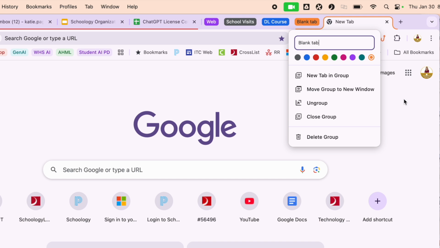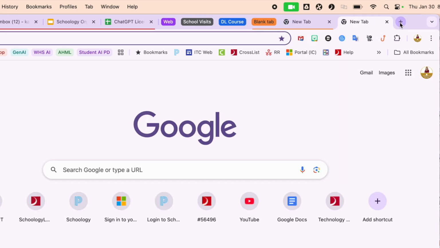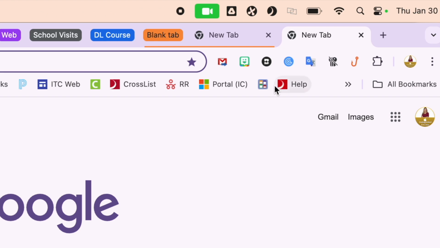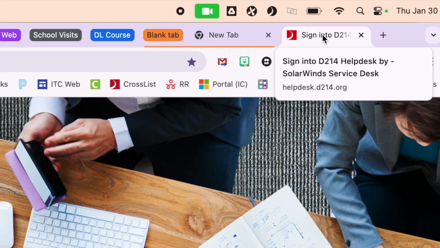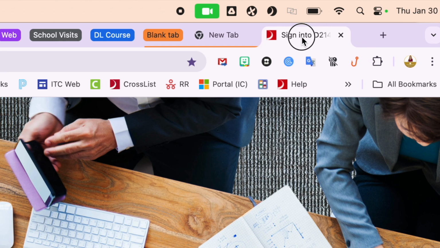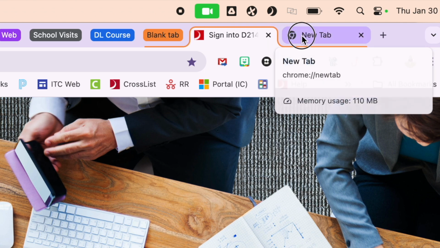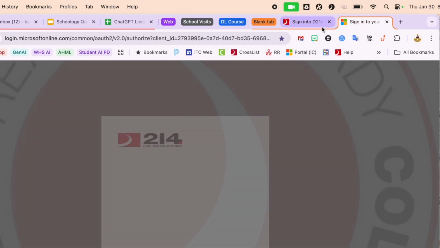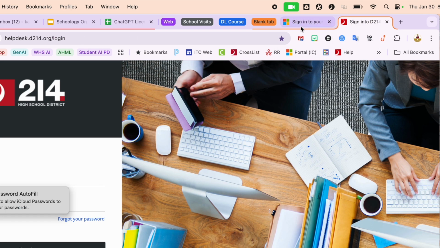And then once it's created, you can see you've got other options here. I can open a new window, and I can just have the help desk open up or something like that. And if I take this tab and slide it over, you'll see it turn to that same orangey yellow color that I picked. So now both of these tabs, the portal and the help desk, are underneath this thing that